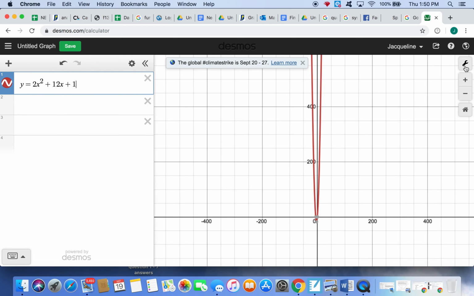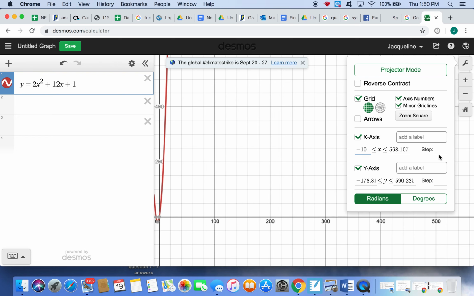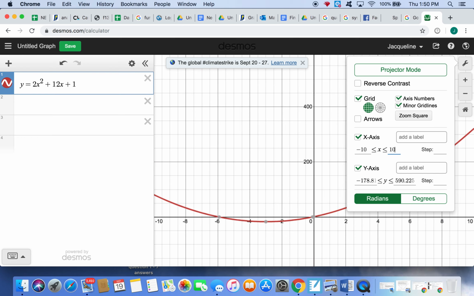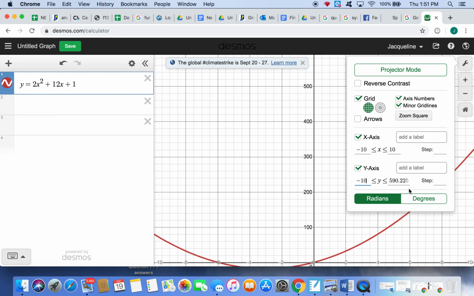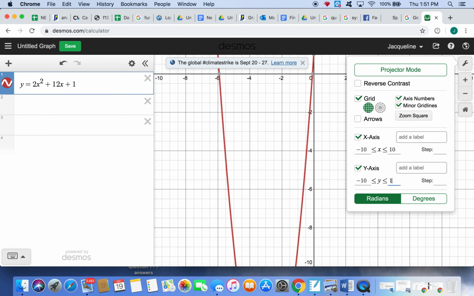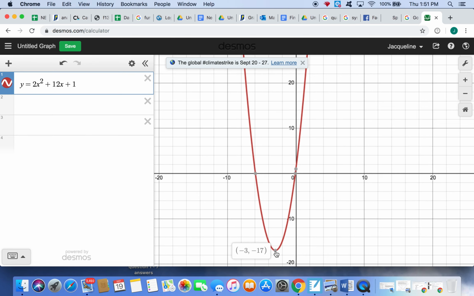I'm going to go ahead and change this to negative 10, 10, negative 10, 10. And we can see right here's the vertex. The vertex is at negative 3, negative 17,